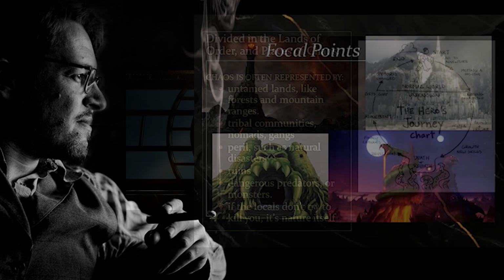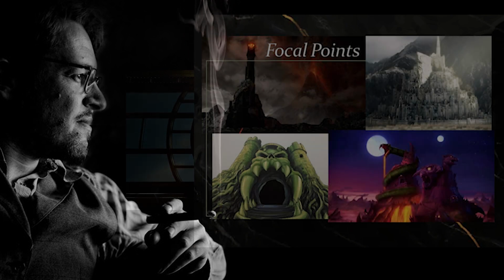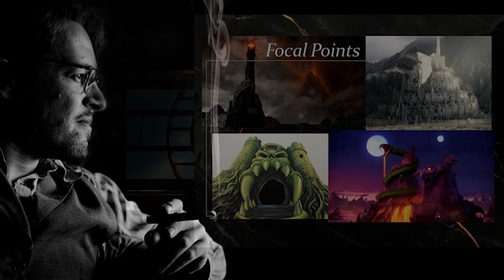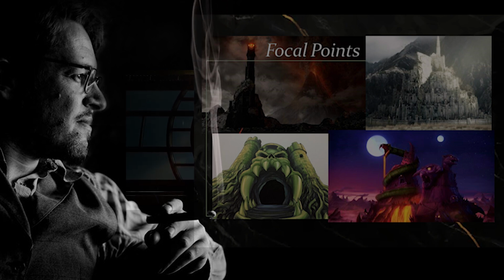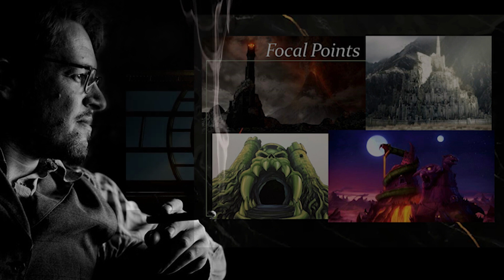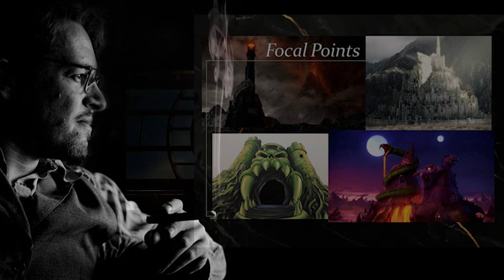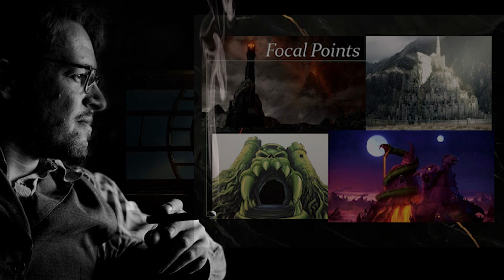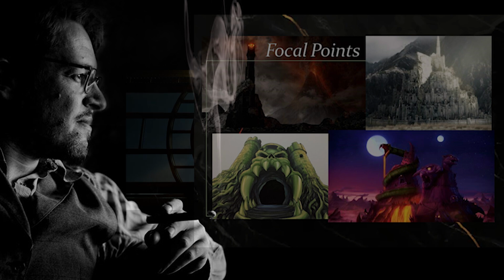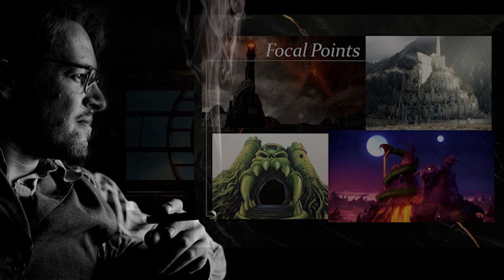Now, if you know anything about media, you recognize these immediately. We have, of course, the Tower of Sauron, and Mount Doom is another one. These are very important locations, and they also symbolize the presence of evil in that land. The moment that either of these two landmarks is destroyed, order is being restored in that land. This is important later, by the way, in Mount Doom.